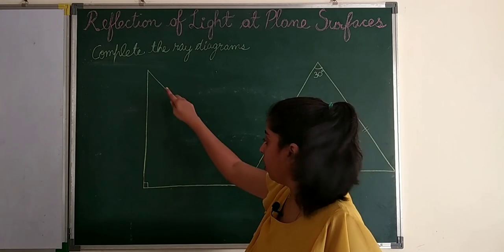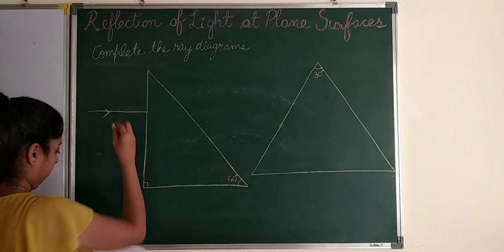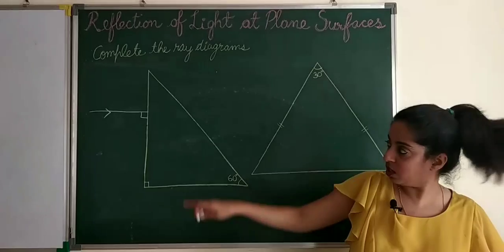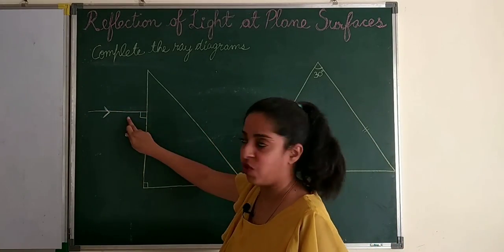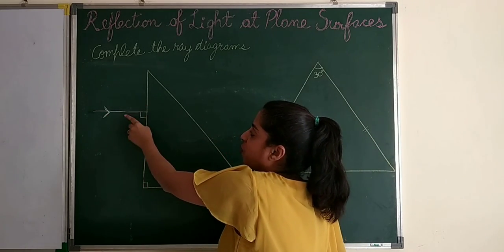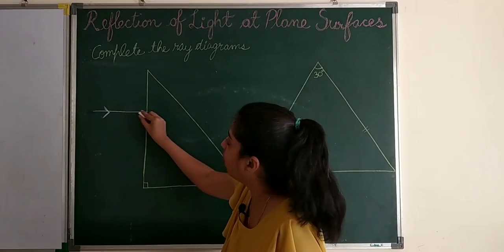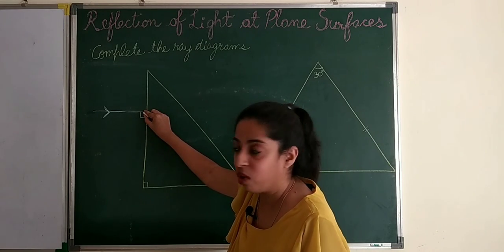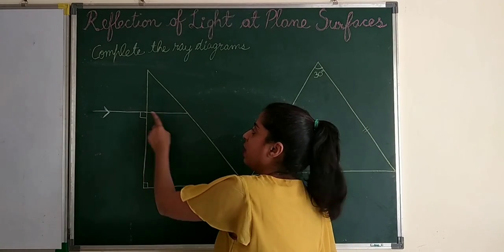Now we'll start. In this prism, they have given you this incident ray, which is falling at 90 degree to the surface, and we have to complete the path of this ray. As you can see, the incident ray is falling on the normal, since it is making an angle of 90 degree with the surface. So by following the law of refraction, if it is falling directly on the normal, it will not suffer any deviation and it will go straight. So it went straight.